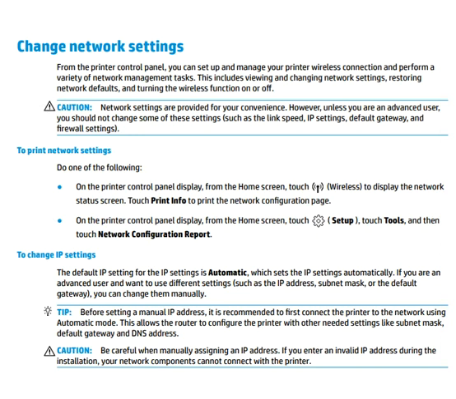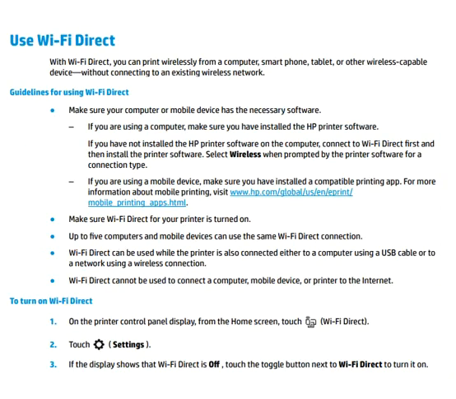To print network settings, you can follow the steps which are available here on the screen. And to change IP settings, you can refer to the on-screen instructions and details which are available, and you can read it for more information. Now let's move to the last part of this video, which is use Wi-Fi Direct.